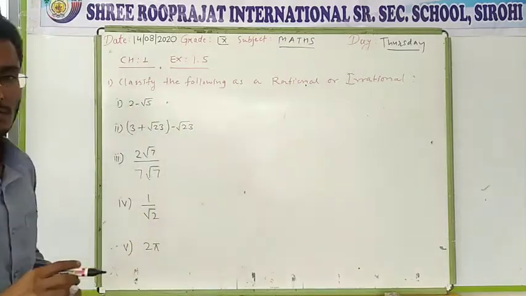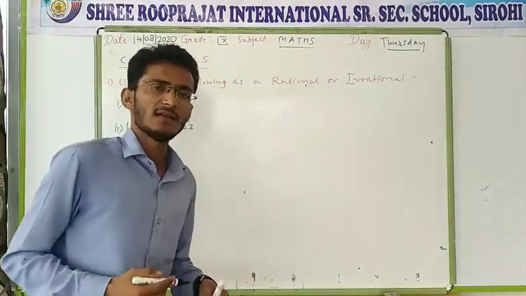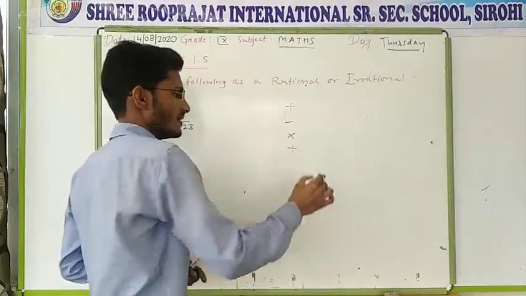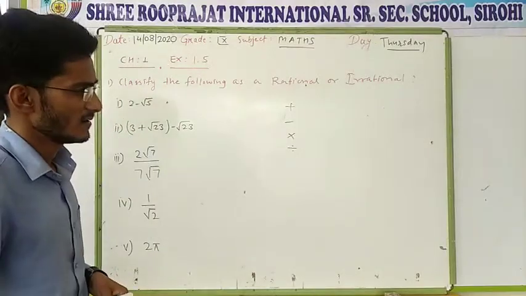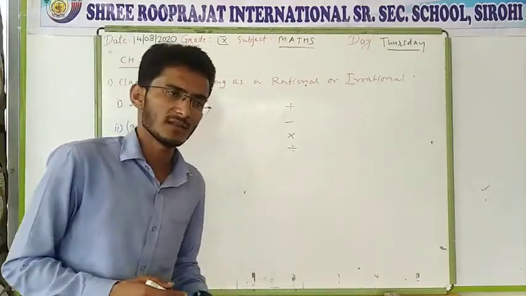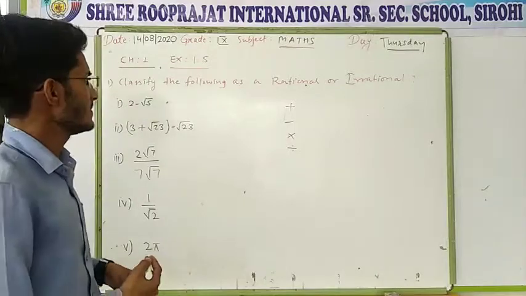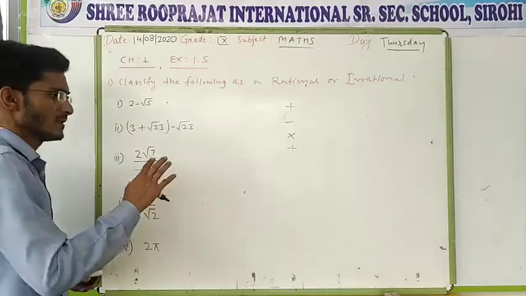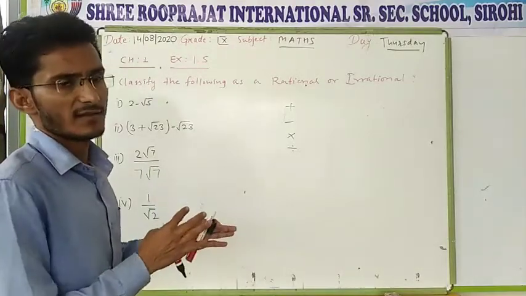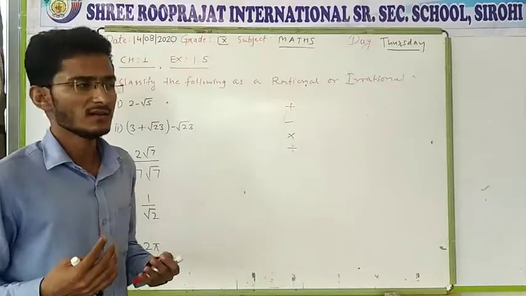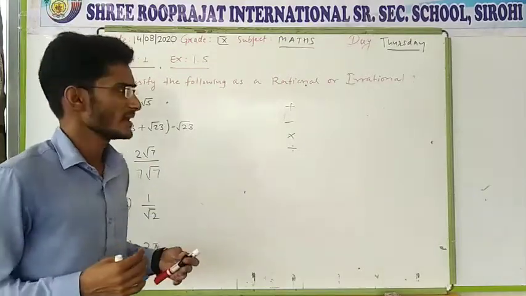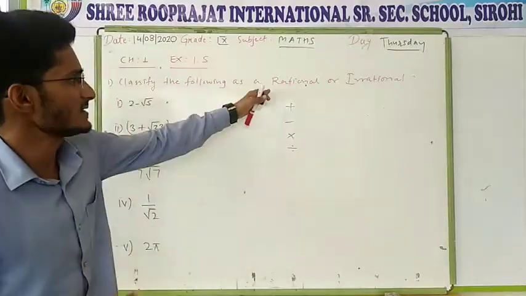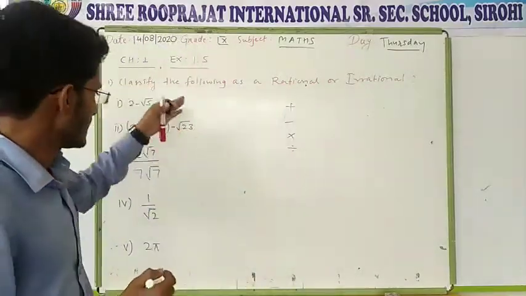So if we add, subtract, multiply or divide a rational number with another rational or irrational number, the result or product may be rational or irrational. If one irrational number eliminates the second one, then you will get a rational number. Otherwise, you will get an irrational number. Here are a few examples.